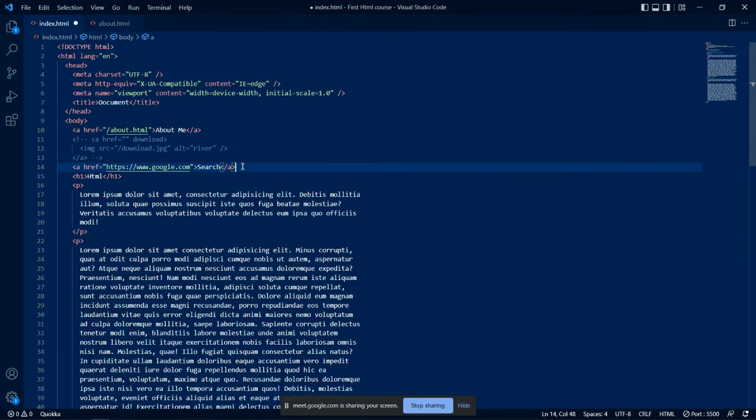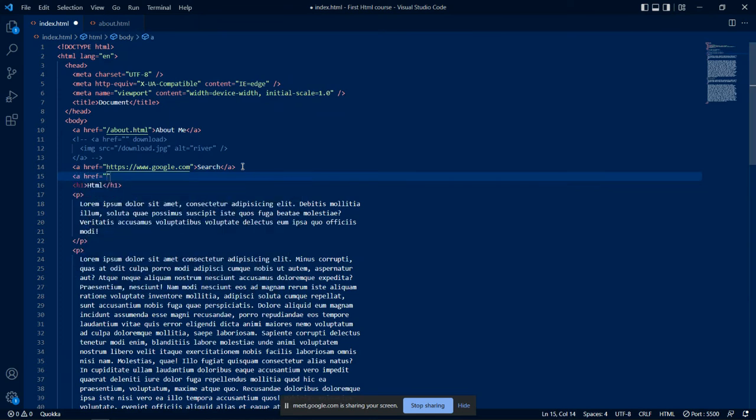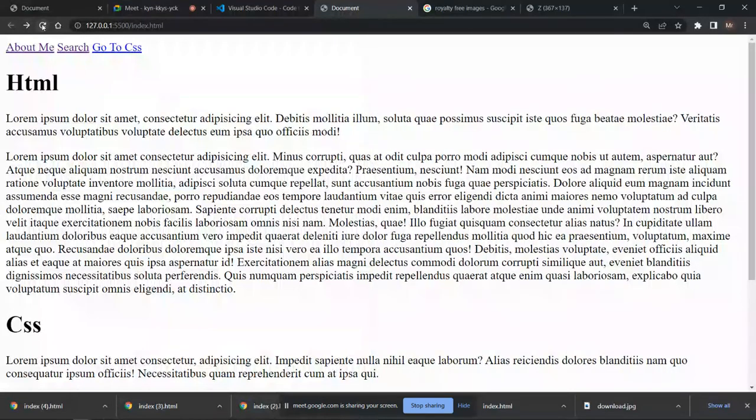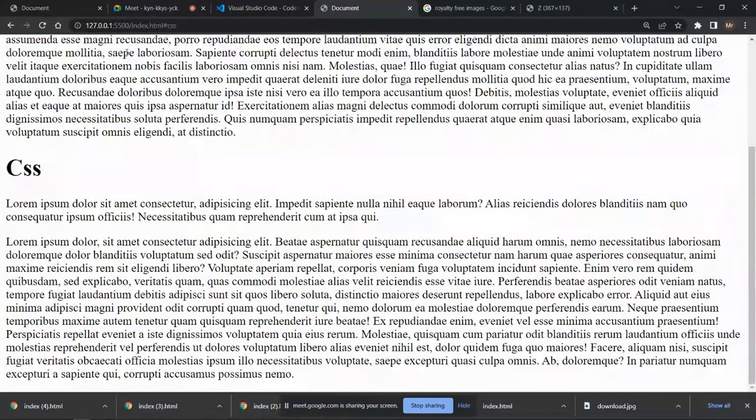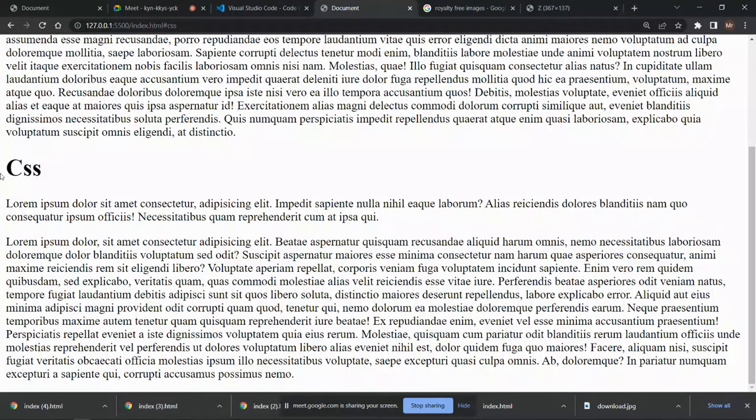and then let's create a new anchor tag. Let's close the tag and let this one be like go. Let's name it go to CSS and this href, call it hash CSS. I'm gonna explain what I'm doing. Let's click on this. Did you guys see what happened? Let's go back again. And once I click on go to CSS, it takes me down to this CSS where